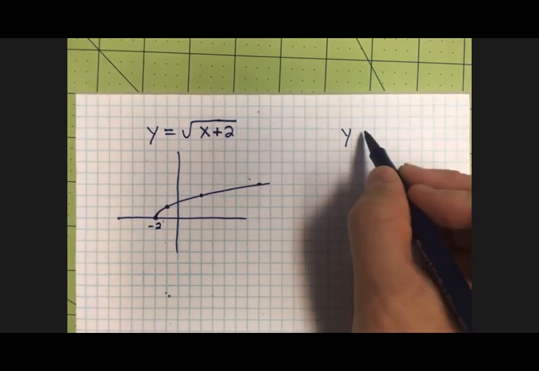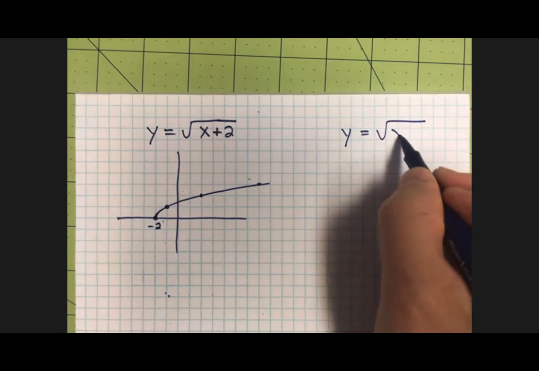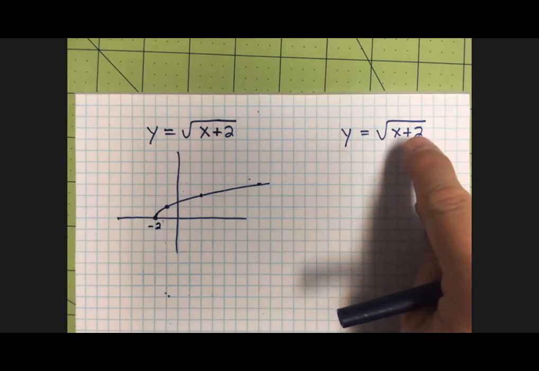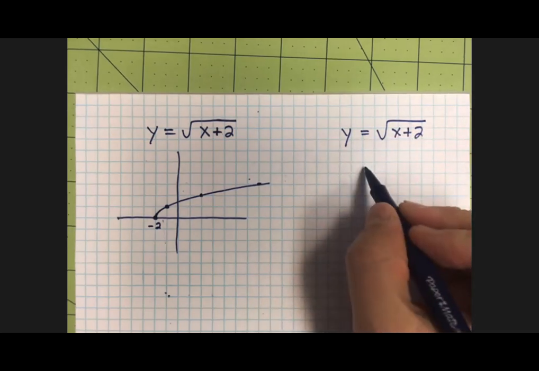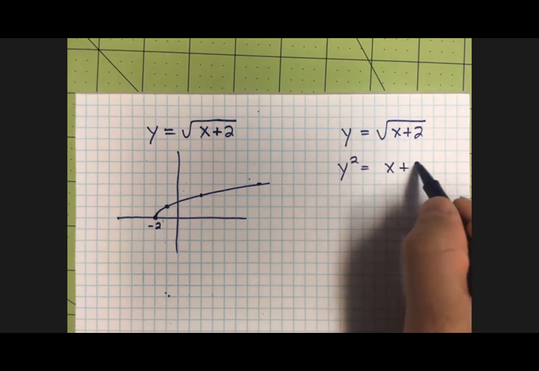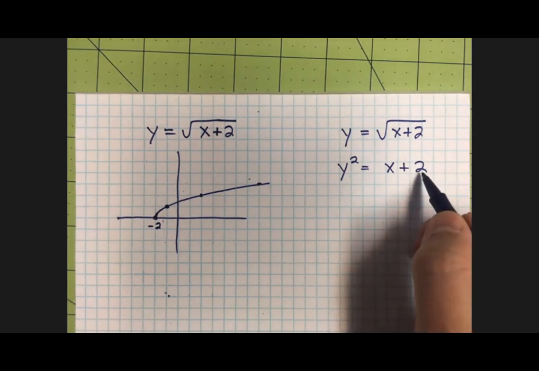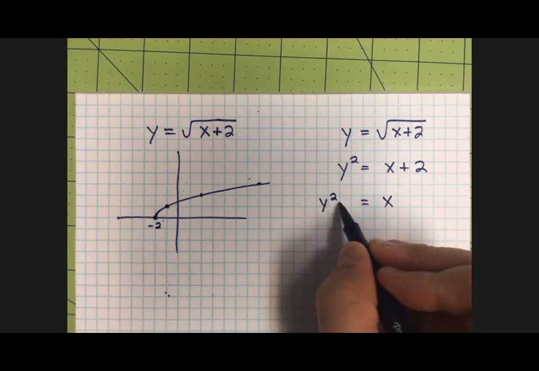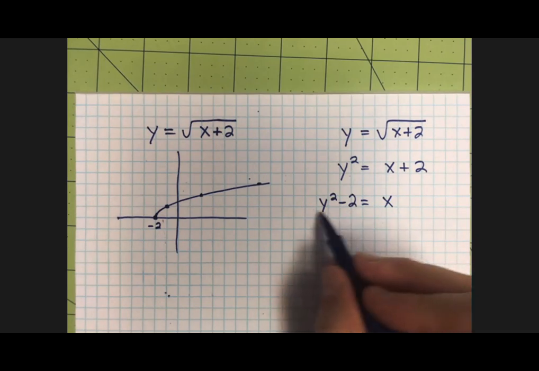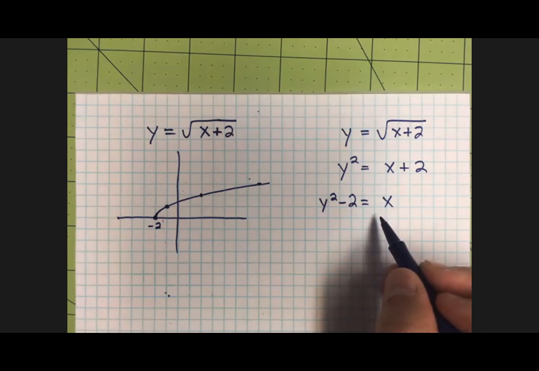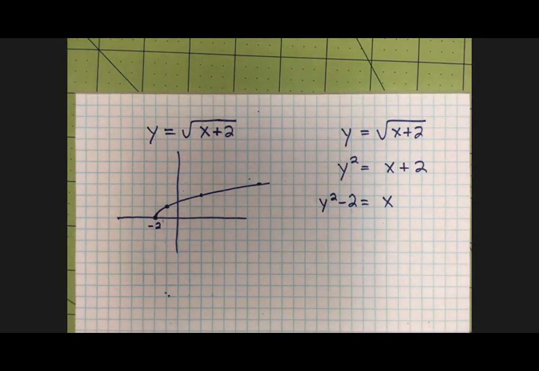So let's take that and do just what I did on the last problem. Let's undo it. So y is not made out of x's. Let's make x out of y's. I will undo it first by squaring both sides. Then I will subtract 2 from both sides. And so far I have changed nothing. But if I switch the x's and y's now,